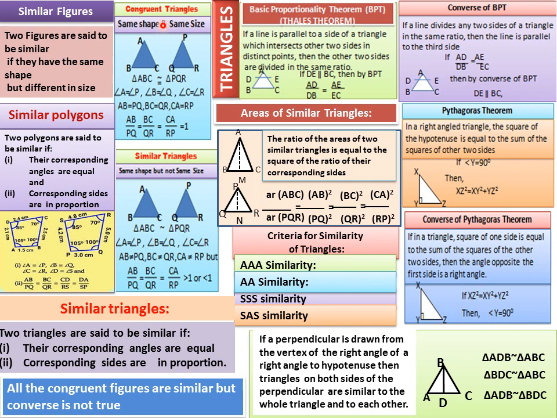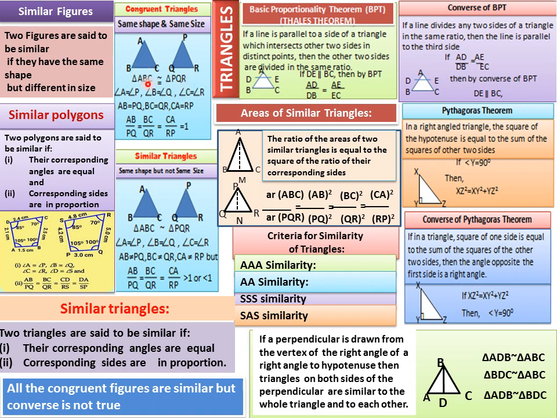Then we also need to know in this chapter the difference between congruent triangles and similar triangles. In congruent triangles, the two triangles have the same shape and same size. For example, triangle ABC is congruent to triangle PQR. How can we say that they are congruent? If the corresponding angles are equal, angle A equal to angle P, angle B equal to angle Q,